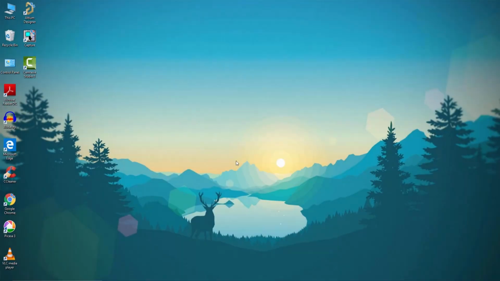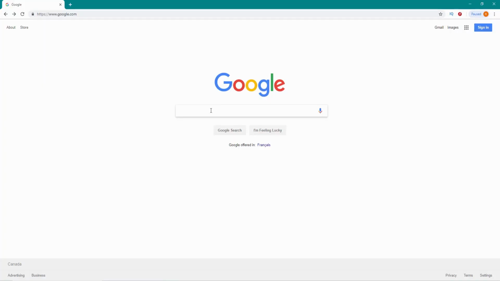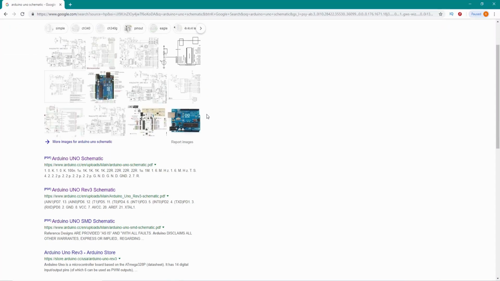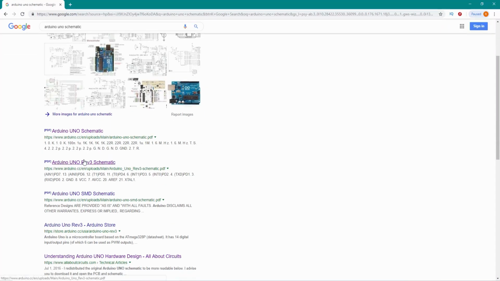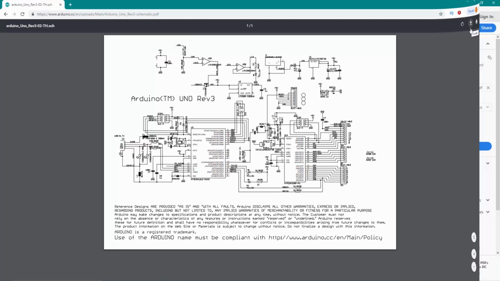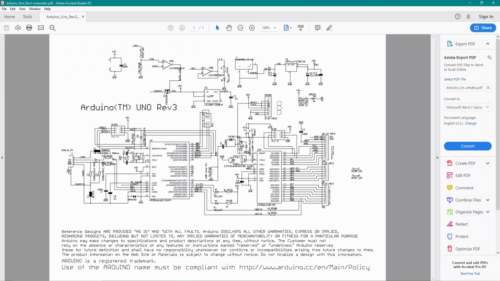In the first tab, we will download the Arduino Uno schematic. Go to your favorite browser and search for Arduino Uno schematic. Scroll down and I will download this Arduino Uno revision 3 schematic. Download this schematic and open in any PDF viewer. So this is the Arduino Uno schematic, and next step is to set up a new project in our OrCad